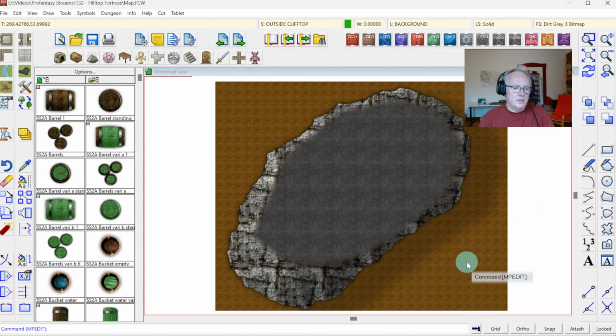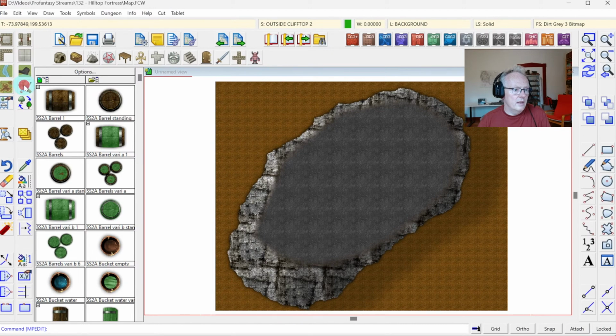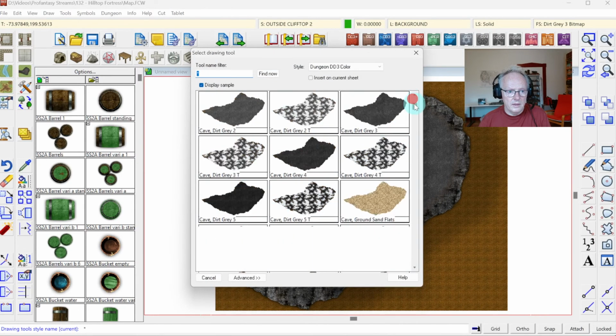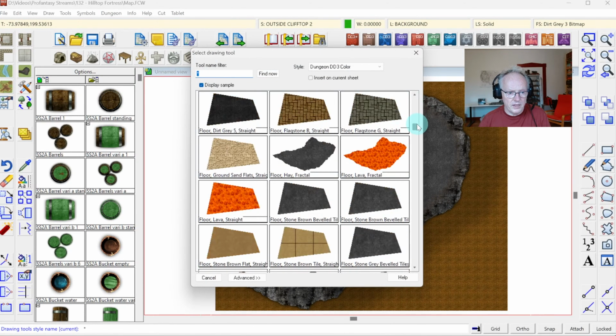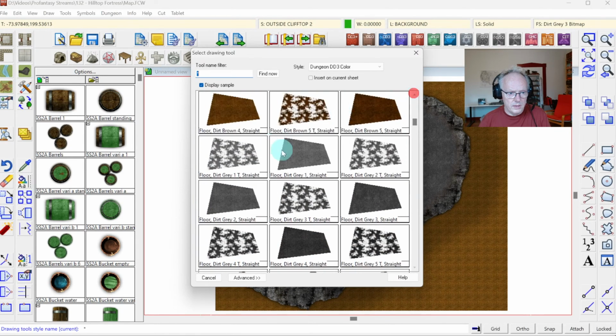All right, so we can still work on the edges of this later, do a bit more of an overlay over there. What I certainly want to do is add some more variation to the color here. For that I can use the Hilltop 2 sheet and go in here and go to one of the broken up textures. And let's take a little bit lighter one. We use 3, so